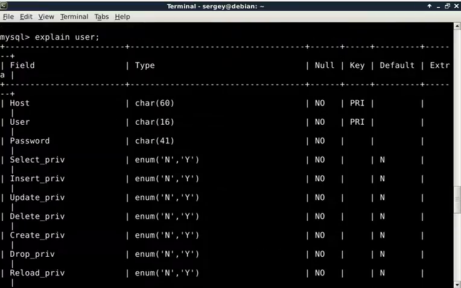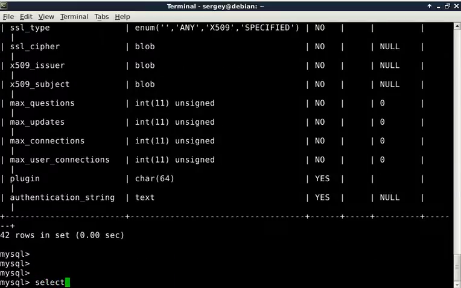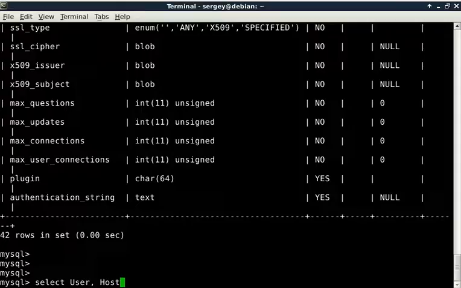Let's take 2 of them, for example host and user, and try to select them. Type in select user, host. Make sure you are using proper case because it is case sensitive. From user, press enter,